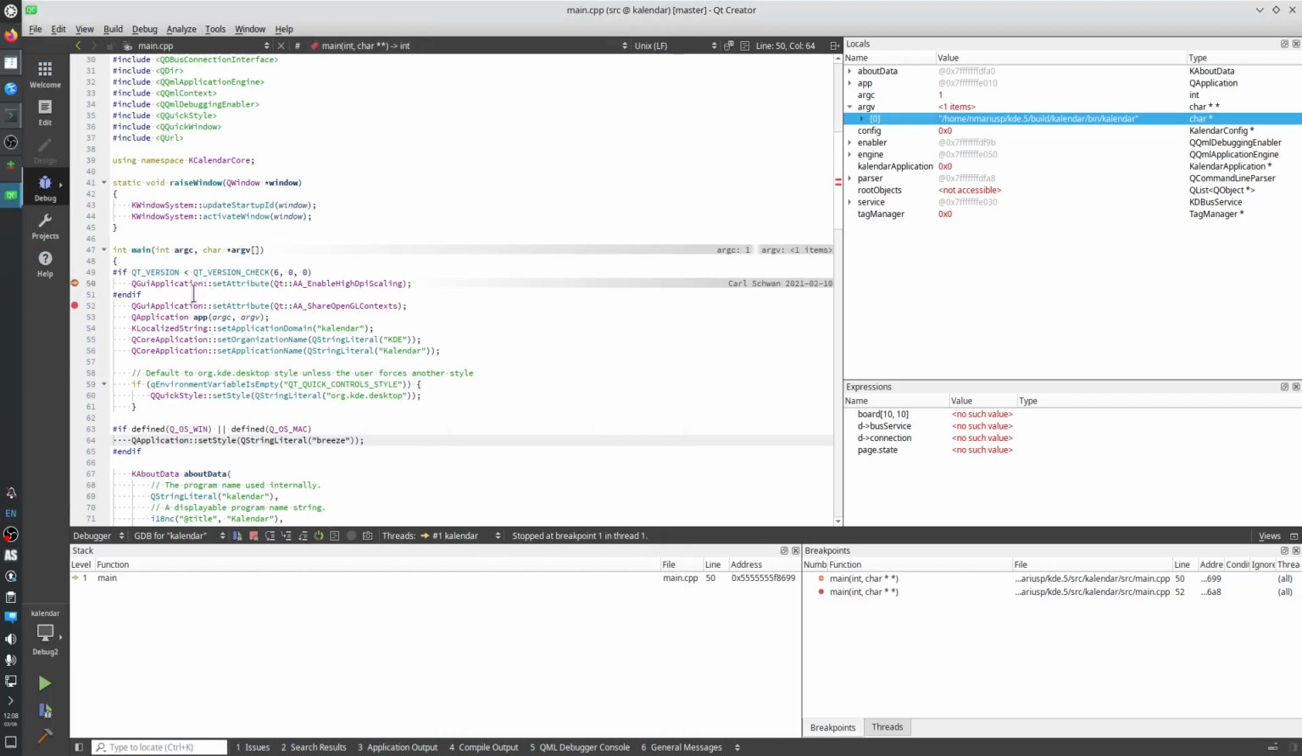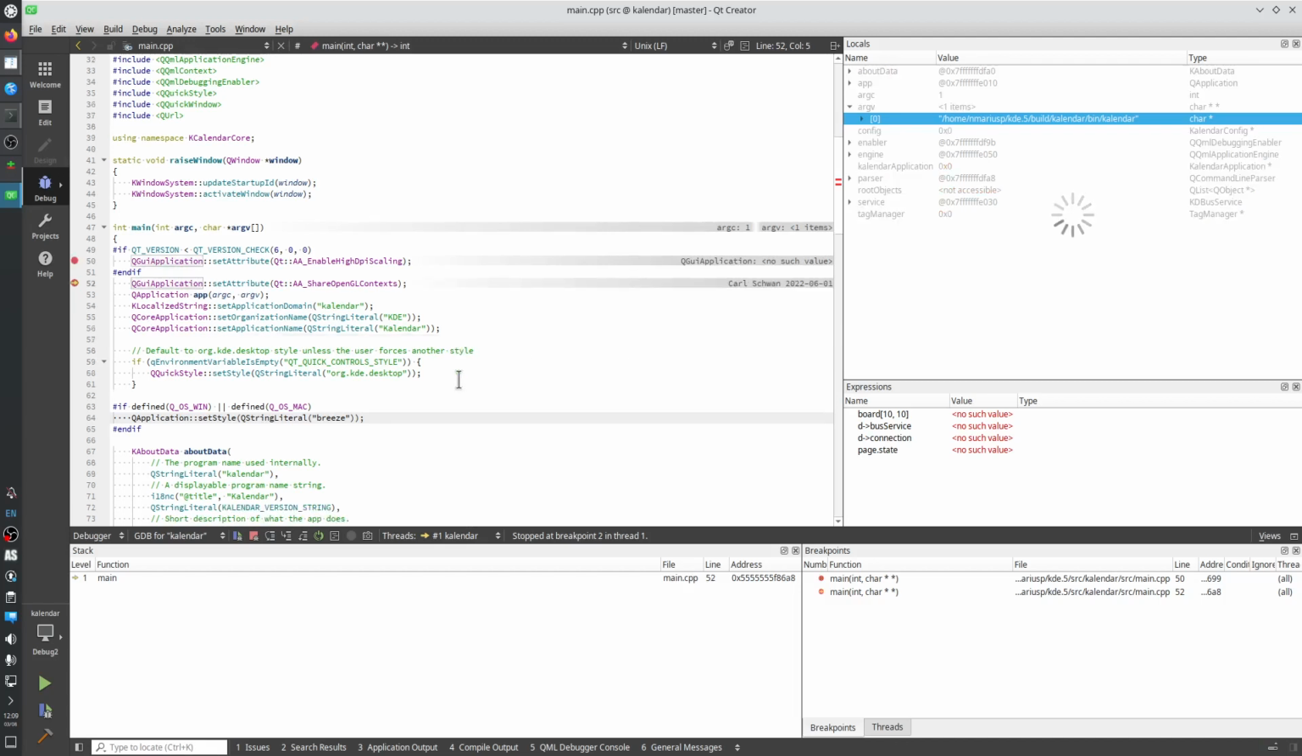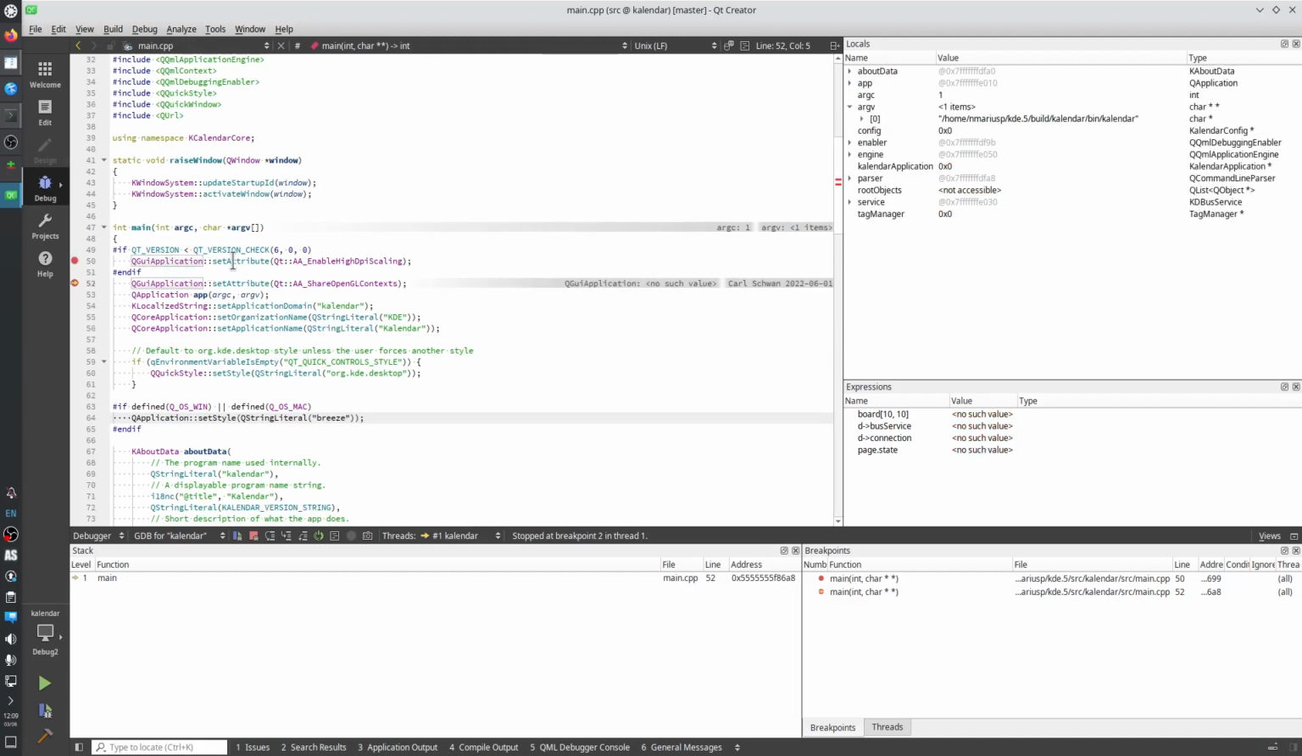Then what do we have? The rest of the variables are going to be defined later in the body of the main function and are not initialized yet. So let's go F11. We cannot step inside of set attribute because this is a function from the